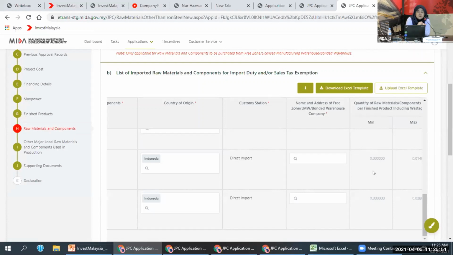For example, previously, let's say your raw material items use metric ton. When you key in the exact same HS code in invoice measure, the UOM, unit of measurement, populated is kg, for example.